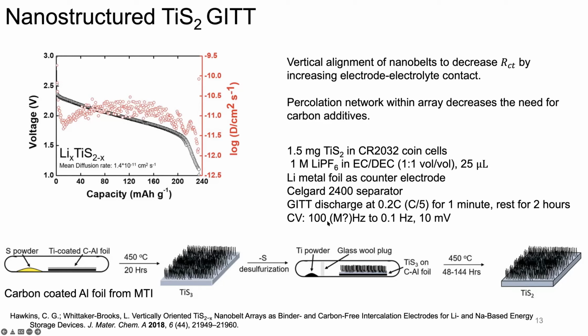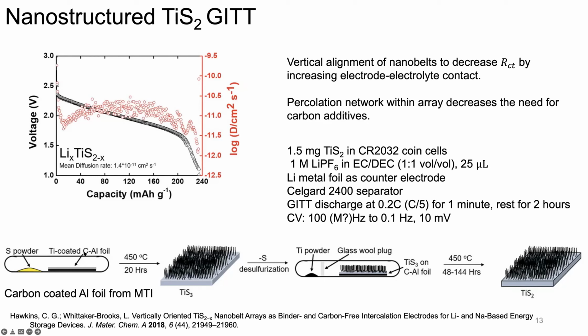Now, their CV did state that they performed in the range of 100 megahertz to 0.1 hertz, which I'm pretty sure is a typo given the large M here. So that's something to note. But the conclusion is that by nanostructuring you can increase the diffusion coefficient, and more so not just nanostructuring, but also designing the synthesis in a way where the percolation network is along the orientation, the growth direction here of these